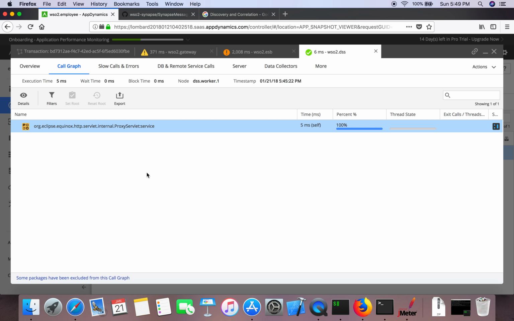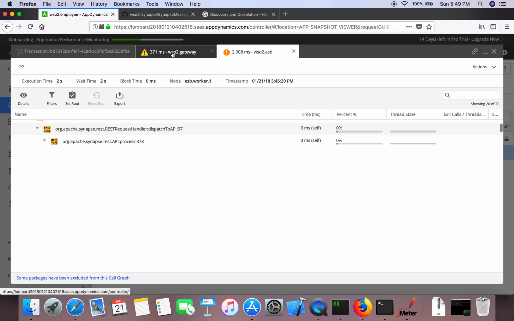The reason is the method should execute more than 10 milliseconds. Then only AppDynamics will display the call graph. Otherwise, it won't display because there is no performance related problem if a method is executed within 10 milliseconds, right? So let's go to this